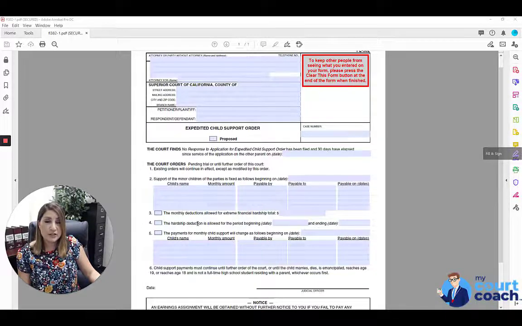A hardship deduction is usually issued at the discretion of the court when the obligor or the payor of support requests one. But if your child support calculation did include a financial hardship amount to be deducted, then you would list that here. And then if it's a temporary hardship, for instance, if the payor of support has a temporary disability, then you could list the date beginning from the date that the temporary disability goes into effect, or the reduced income, and then the ending date would